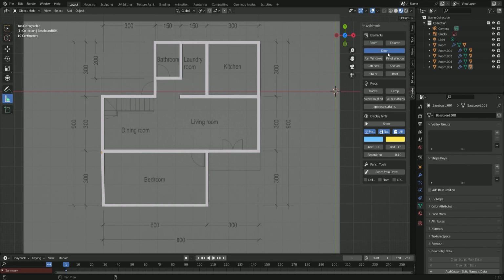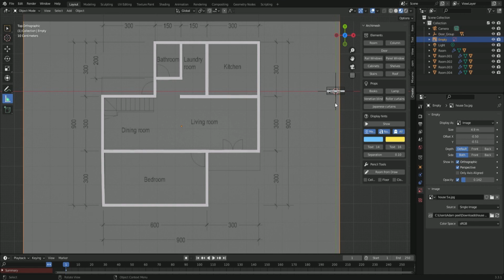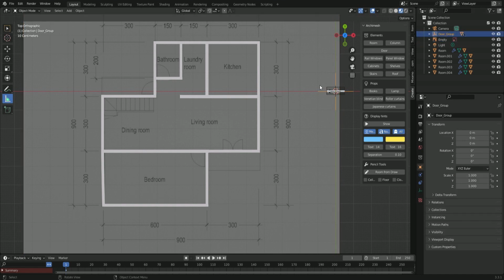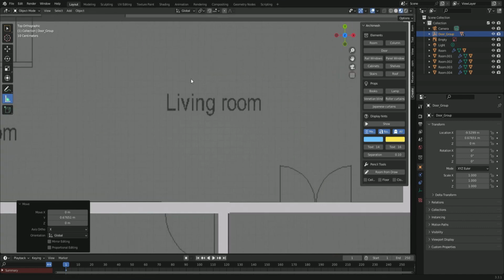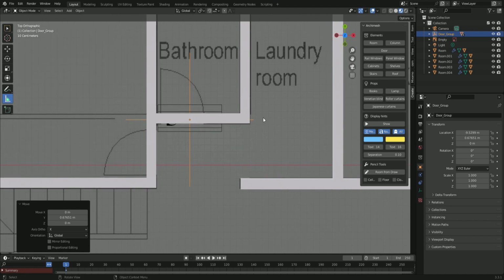So let's go around and do the doors now. When you tap door, it will generate a door group. You need to move the entire door group rather than each item, because otherwise you'll start to have problems. So just as long as you've got the door group at the top right here